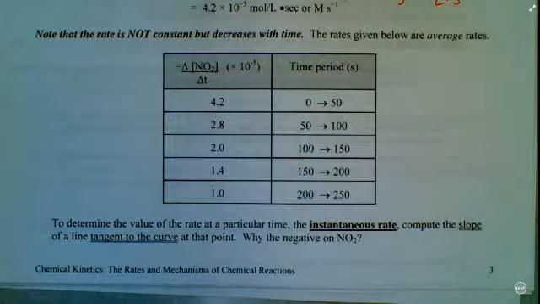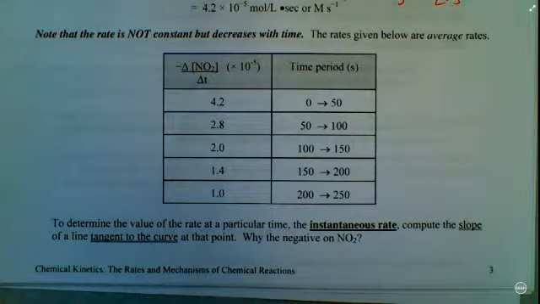Note that rate is not constant, but it decreases with time. It goes down because, realize what's happening as the reaction progresses: the amount of reactant is going down, right? It's disappearing. It's being turned into product. And so, especially if you have